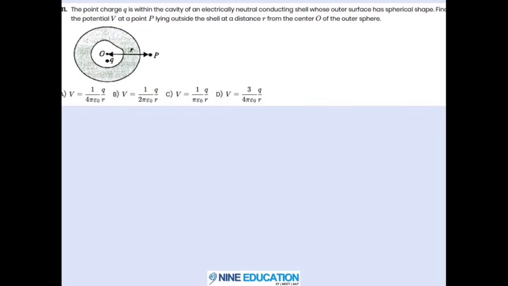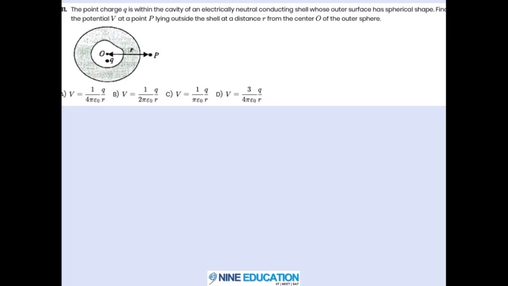A point charge Q is within the cavity of an electrically neutral conducting shell whose outer surface has spherical shape. Okay, the cavity is not spherical actually, it is some random shape. Find the potential V at a point P lying outside the shell at a distance of R from the center O of the outer sphere. Okay. So let us understand this question. There is Q